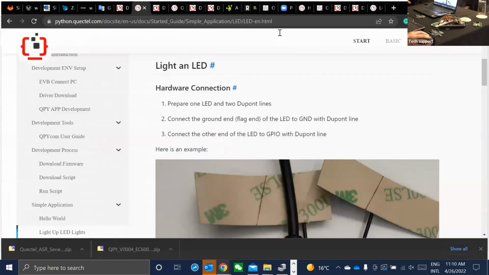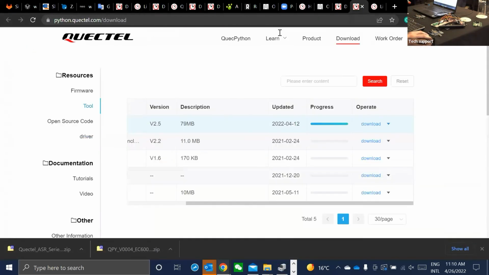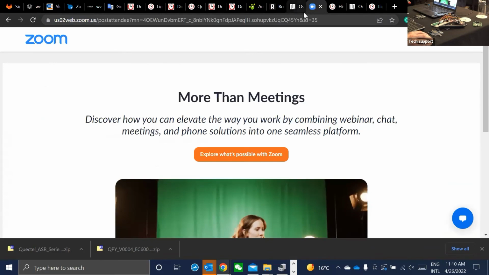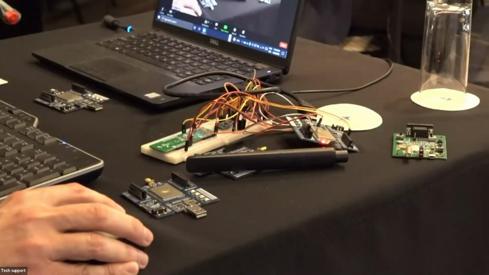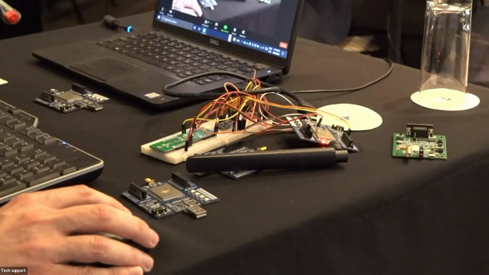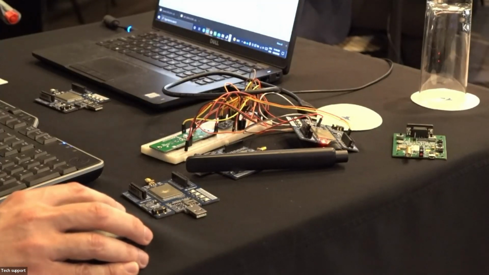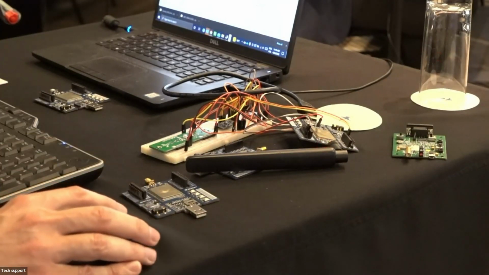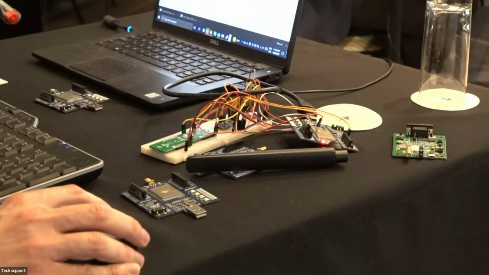I'm just trying to find the documentation about all the modules, and if we click on node, there are the links to QuecPython. I stop sharing just to see. Okay, it's this one.